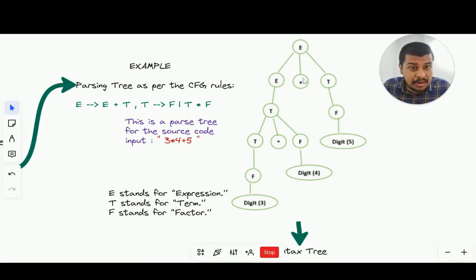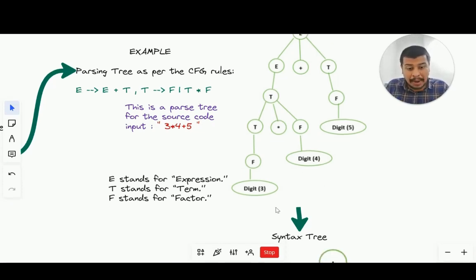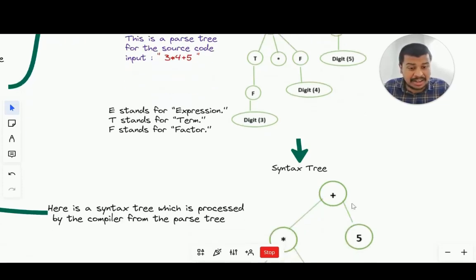So the string is tagged to the expression. So it means, okay, plus this string corresponds to the expression. It's a type of expression. Understood. Compiler understands. And then comes down here, we have the star symbol. The star is again a string. Again, it is tagged to this T, which means it's a term. So, okay, fine. This is some kind of term. So each and every string is given a tag, and that tag is all connected via a parse tree. So this is again given into the compiler, and that is how it comes up with the syntax tree now.